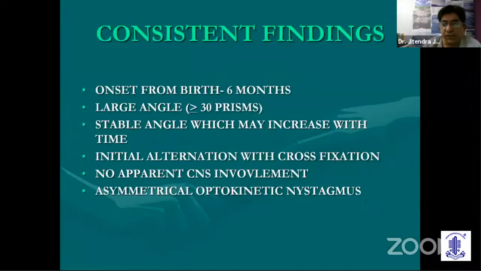So these are the consistent findings. See, it is very important that onset should be between birth and 6 months. There will be a large angle which is stable, and an important point is that there should not be an apparent CNS involvement. Now, asymmetric optokinetic nystagmus,